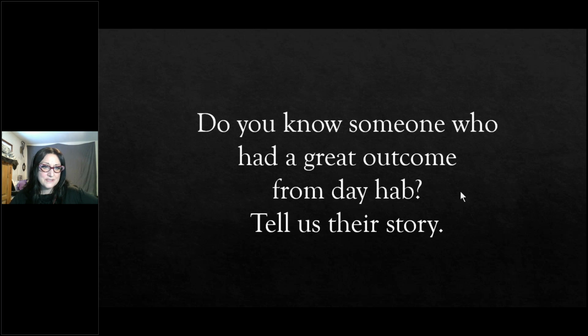Working on socialization and communication and getting your needs met through appropriate channels. So a person was able to move out of their parents' home after many years of having that as a goal, moving to a group home, becoming a peer advocate and a client representative on a government group. Very cool. And DAHAB providing skills and physical activities like Special Olympics and scouting that people would otherwise not be a part of.